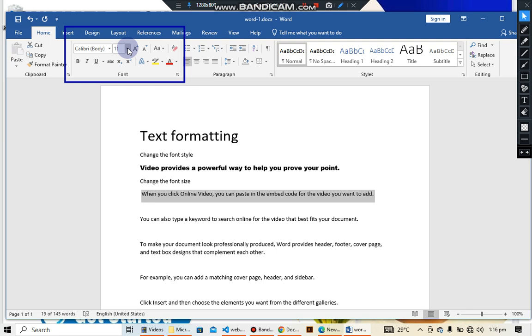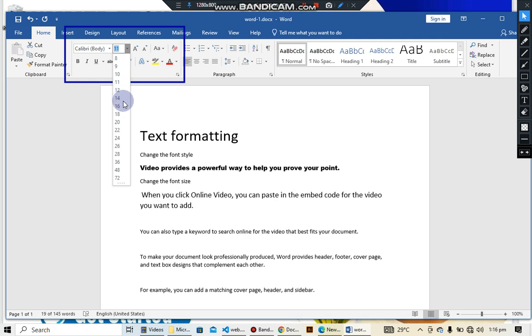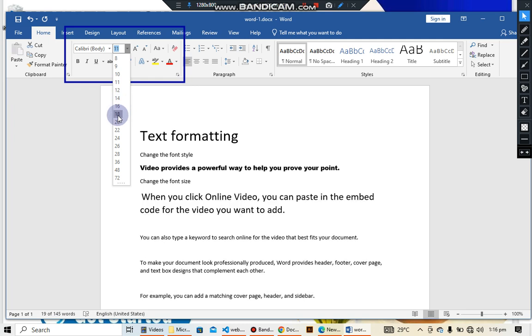So here, if I click on the drop down button, we have many built-in font sizes. As you can see, there are some skips here. We have 9, 10, 11, we have 12, there's no 13, 14, no 15, we have 16, no 17, 18, no 19. You understand? So now we just have to change this, let's say to 18, and here we go. Sometimes also, since we don't have 18 16, you might also change it, just